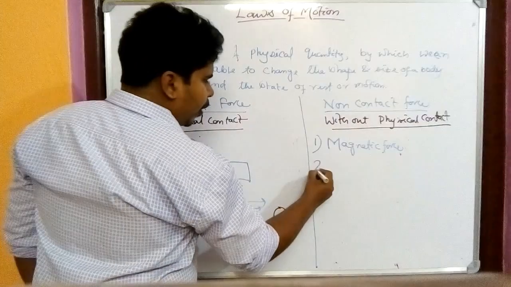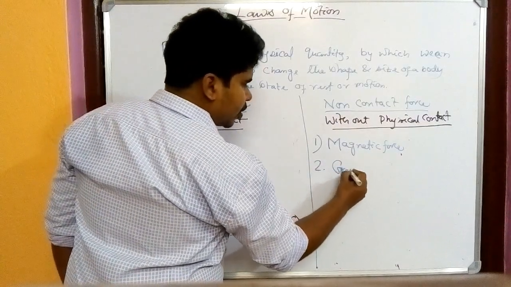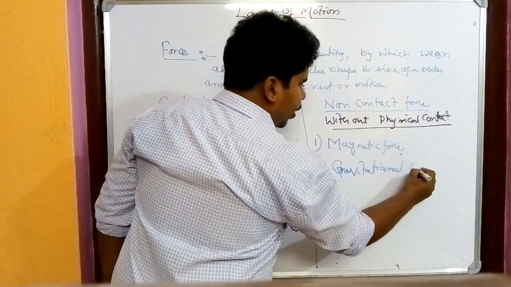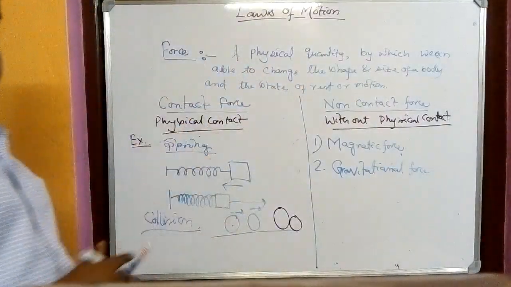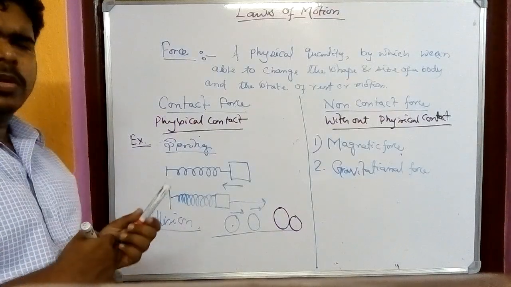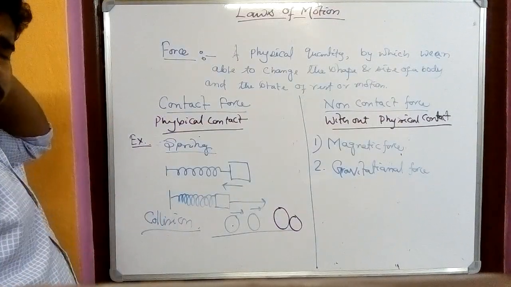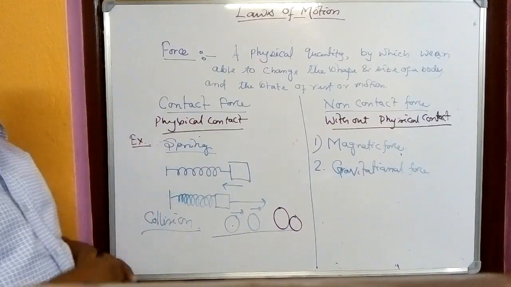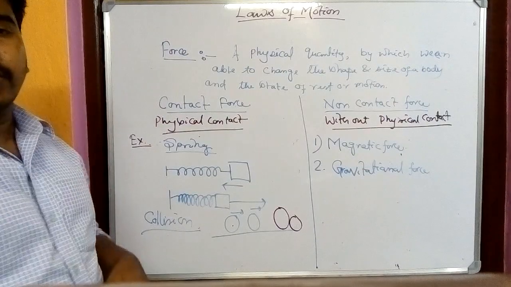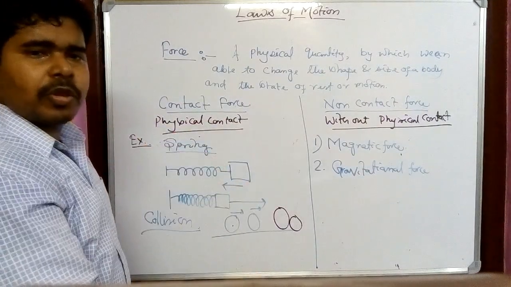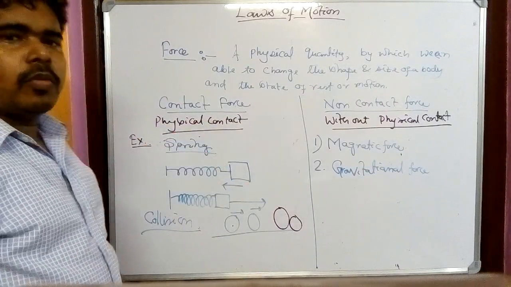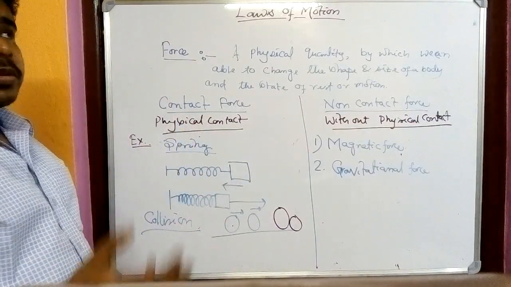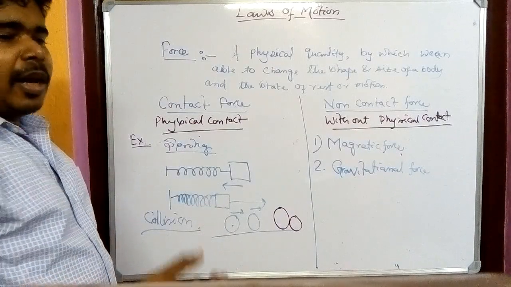Not only that, if I am talking about gravitational force, we will learn in detail about gravitational force in this chapter only, but here I am just giving an example. See, all of us are attracted towards the earth by the force of gravity. If we jump from a height, we will reach down. It is not like we will move upward. It is not possible. So the great scientist Newton showed that the apple falls downward